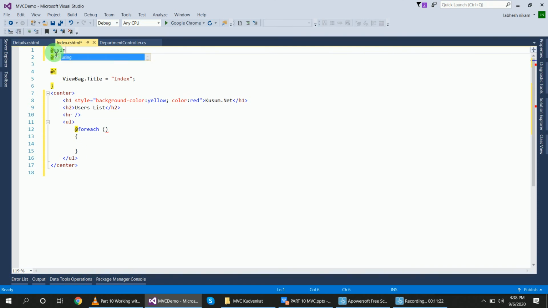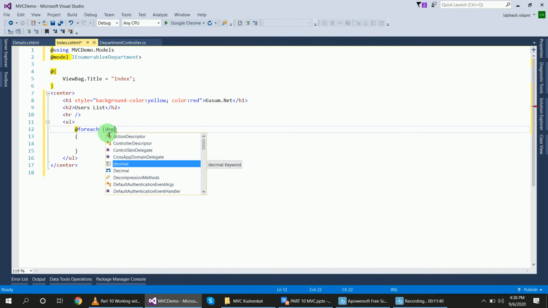@using, yeah, this one, MVC demo.models, and this enumerable department, right? So I will use this department here.